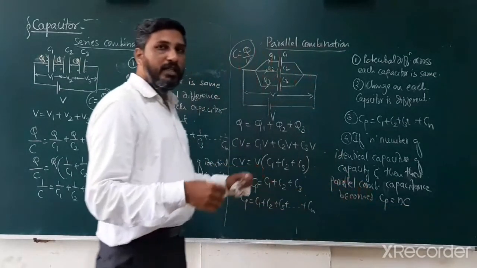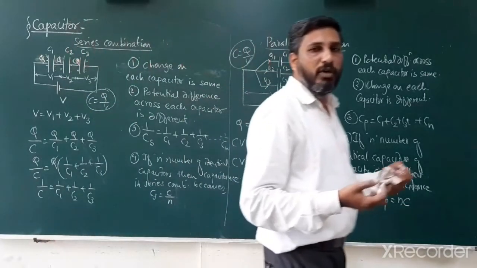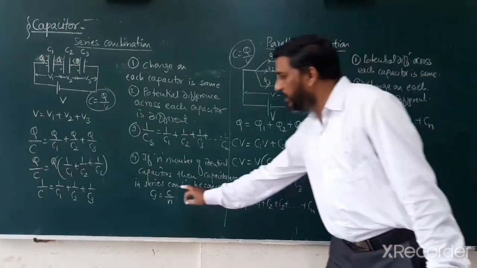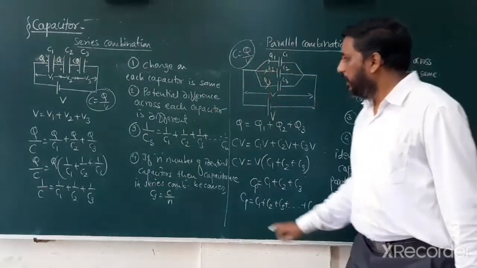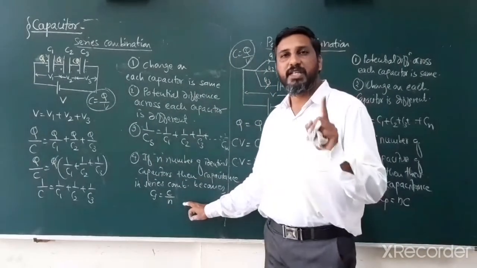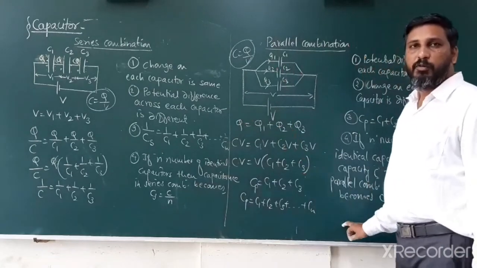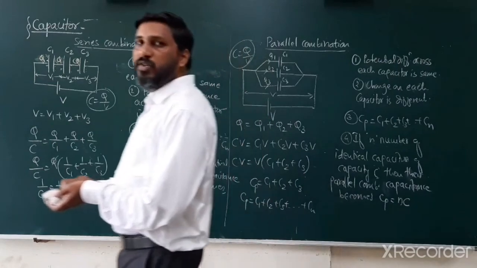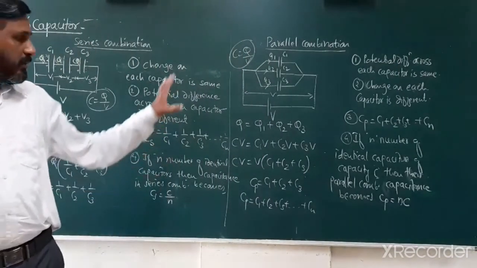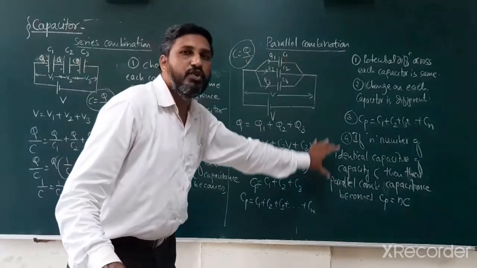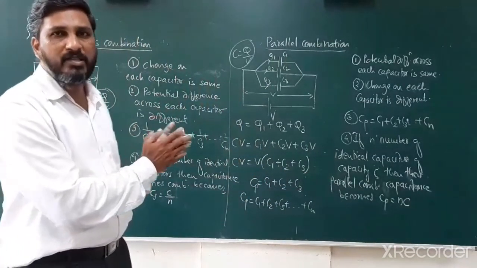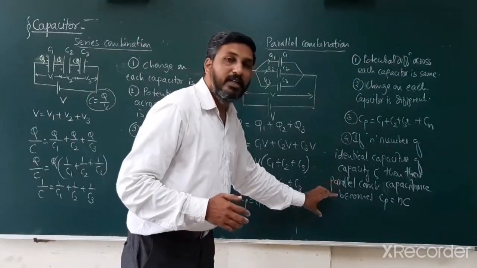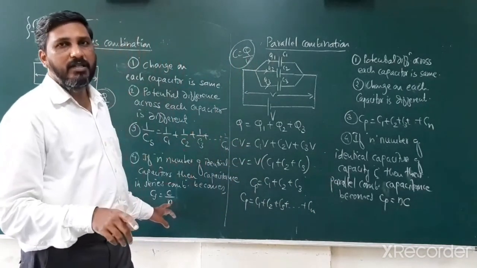Now one more question. Which combination gives more effective capacitance? Answer is very simple. Here n times C, here C by N. So in series combination effective capacitance decreases. In parallel combination effective capacitance increases. Okay, just pause the video and write down all the parts. These are your distinguishable points between series combination of capacitors and parallel combination of capacitors. This is the standard formula and this is the trick when identical capacitors are